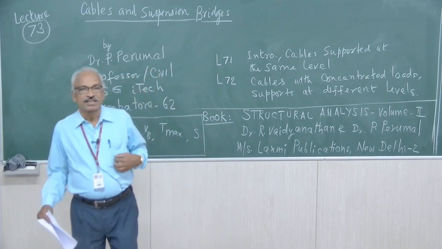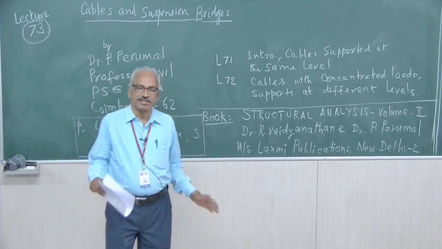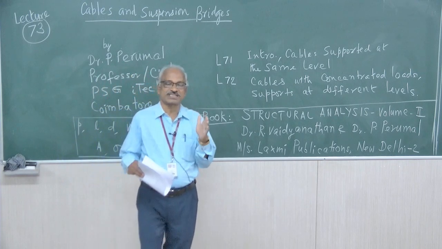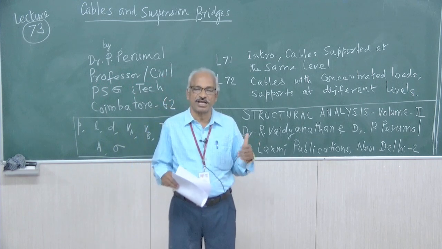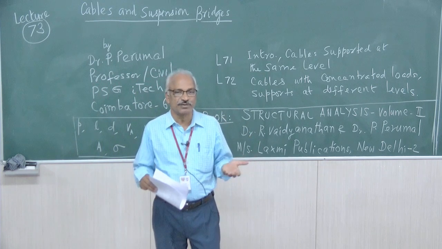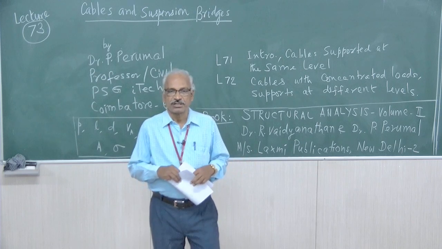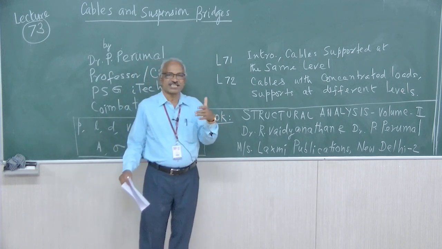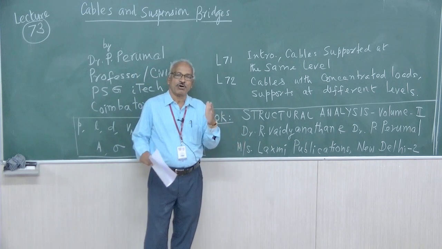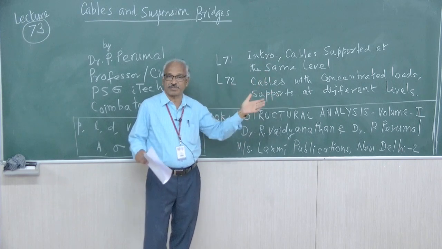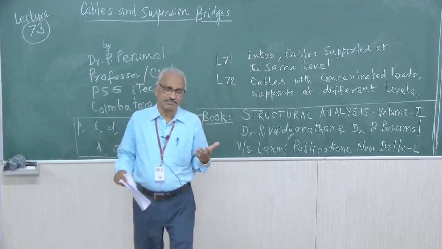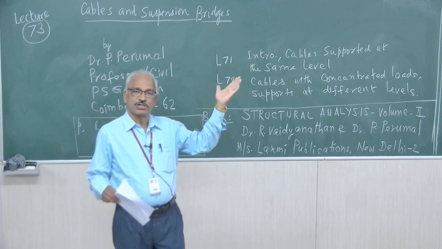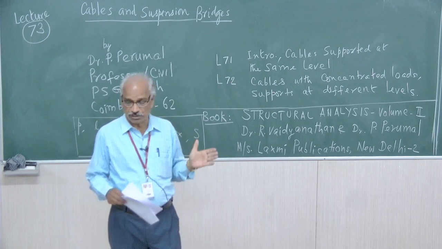Now we know that the cable and the deck slab are connected by means of closely spaced suspenders or hangers, through which only the load gets transmitted as uniformly distributed load. Right. Now, suppose if the suspenders are not closer, suppose if you provide one suspender for every 2 meters or 2.5 meters, then there is no possibility of transferring the deck slab load. The load from the deck slab will be transferred to the cable in the form of uniformly distributed load.